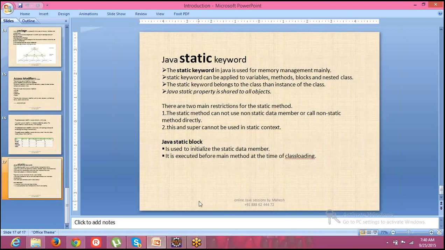Prior to that, I wanted to go through this slide and then explain. The static keyword in Java is used for memory management only. So how can we say that it is for memory management? No need to keep the objects.